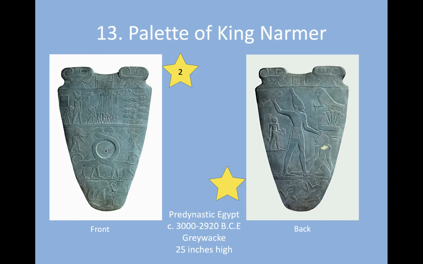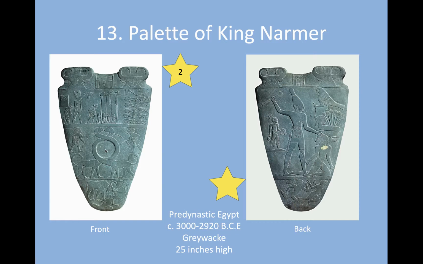Kohl, the ancient Egyptians wore underneath their eyes because it protected their eyes from the sun. It's sort of the same reason that football players put black under their eyes, to keep the sun from reflecting into their eyes and blinding them. So when we're looking at this, this palette tells the story of how Egypt was brought together to become